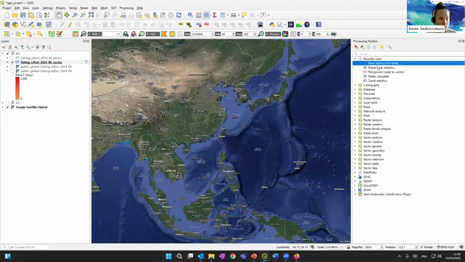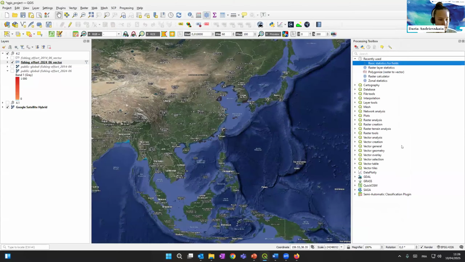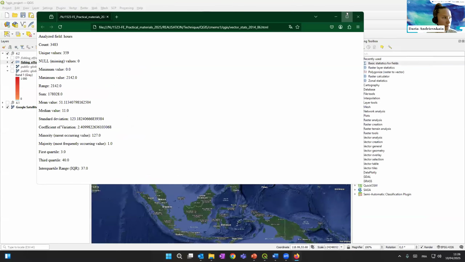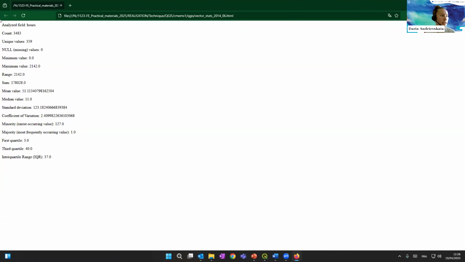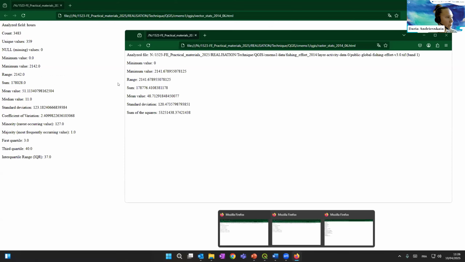So this is the raster statistics tool. And another tool is basic statistics for fields. It's the same tool, just for vector layers, not for raster layers. And the result it gives us, let me open it. So that's what it gives. And you can see that there are more fields here. And if I compare it to 2014, so it's this one, right? Yeah. So here what we can see is